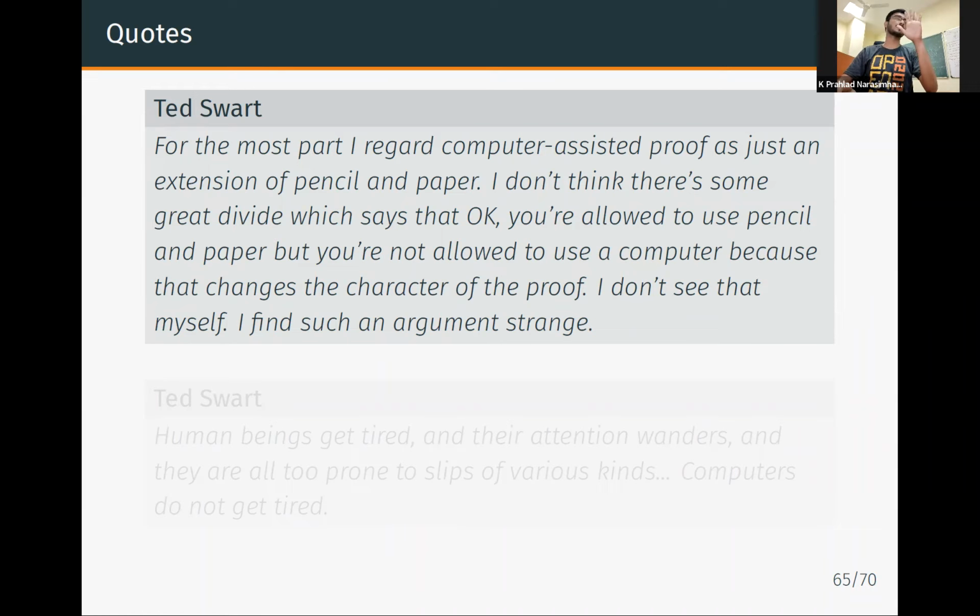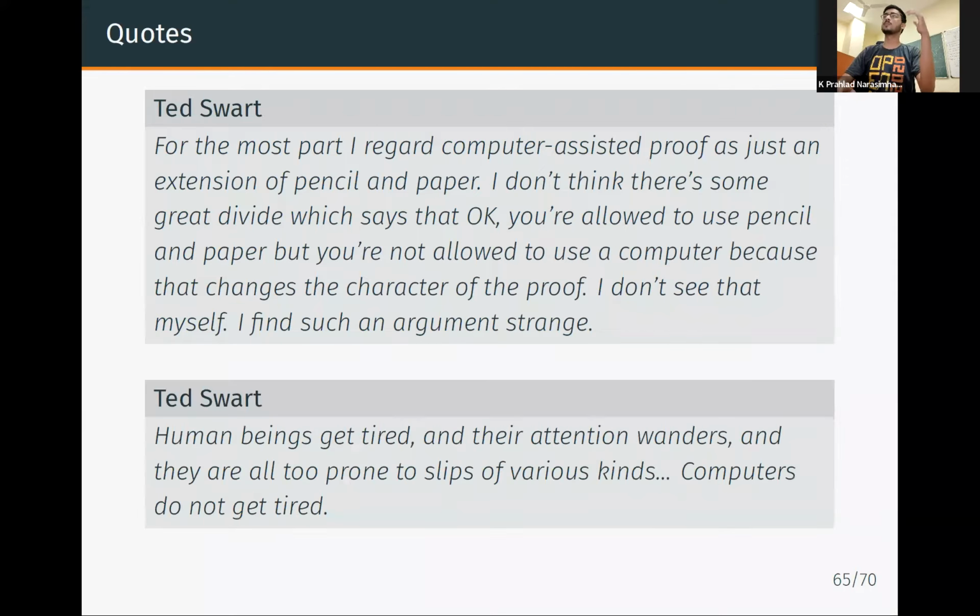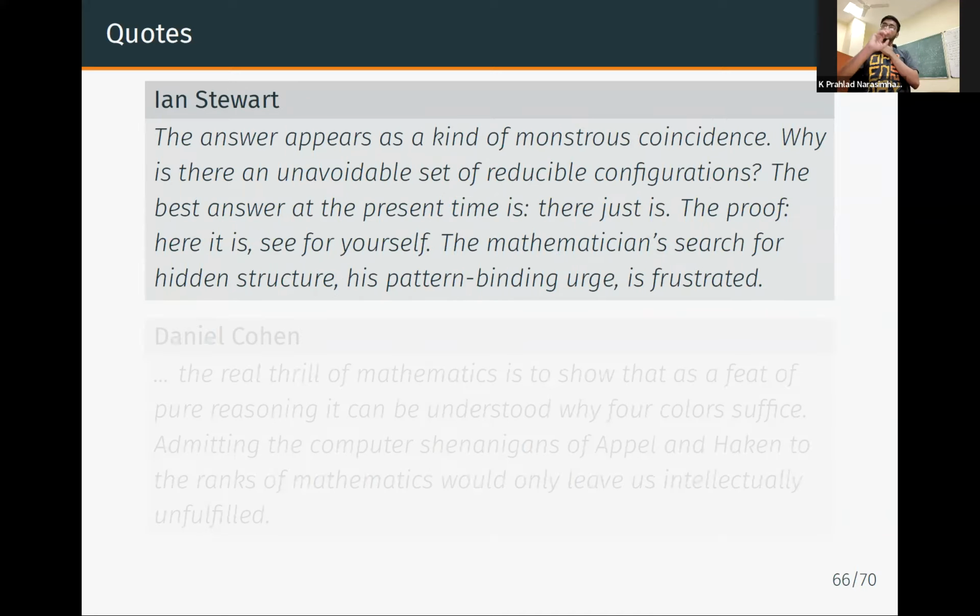Sorry, my bad, this was by someone else. So this Ted Swart replied to Timoko, essentially saying, why is it okay if handwritten proofs are too long and nobody can check them anyway, but if computers do it, suddenly it's a problem? But it was Ian Stewart, what I said before, essentially saying,